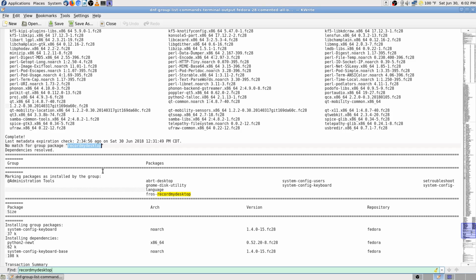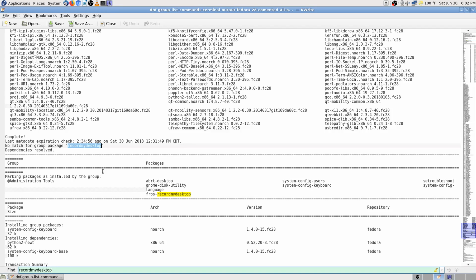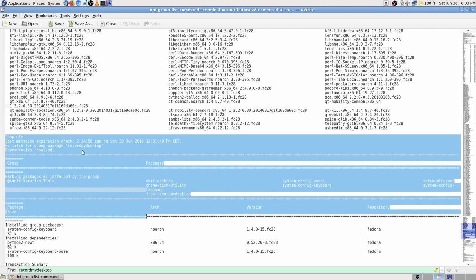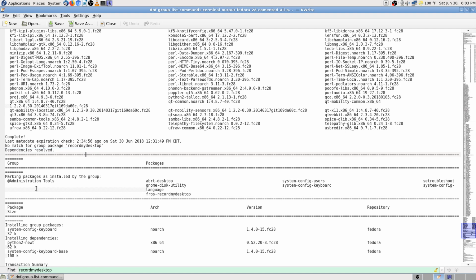Okay, there it is right there. It's actually, oops, it made it go all the way. Okay, no match for argument GTK record my desktop. Okay, but down there, it's actually below this, so I don't know. That, to me, I believe maybe that is part of what it's fixing to do instead of what it already did. I thought this was part of what it was fixing to do. Maybe that makes more sense. But it did install